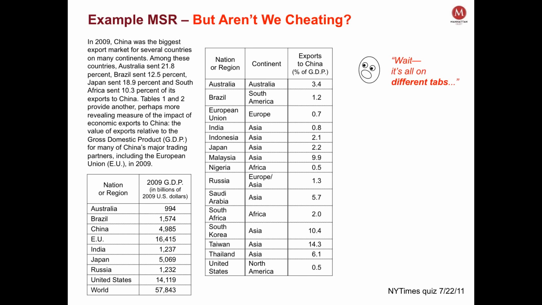I know it looks like we're cheating. All this data is on different tabs. How on earth are you going to be able to do this? You've got this difficult task because you can't see them all at once. And this is actually part of the design. GMAT is challenging your working memory. How do you deal with this? How many of you have ever repeated a phone number over and over until you could get it into your cell phone or write it down or something? Any of you? Number repeaters? Yeah, okay. I think everyone has done this.